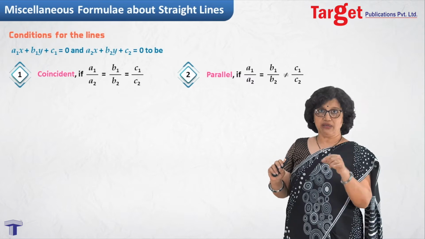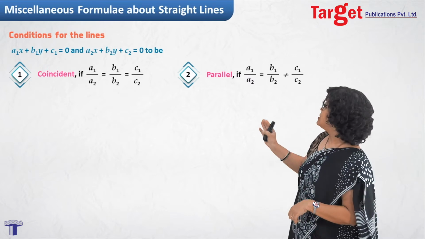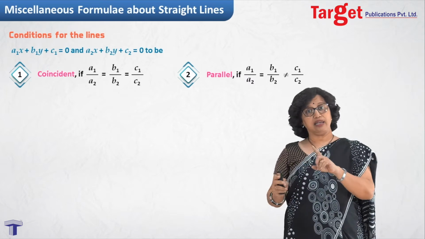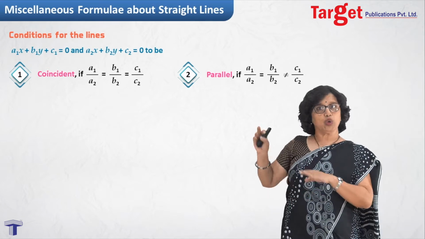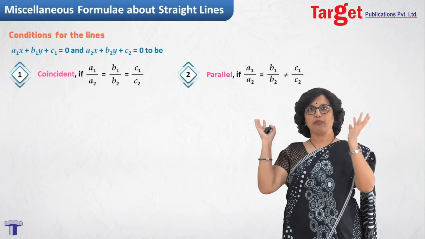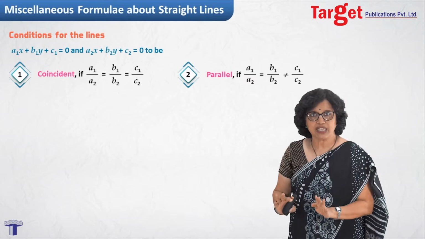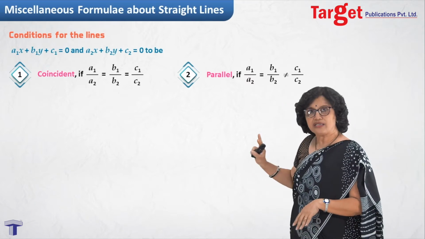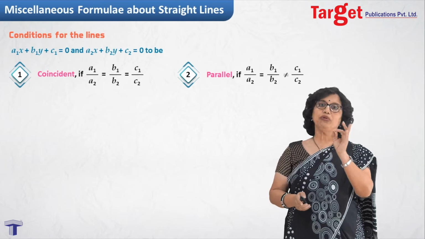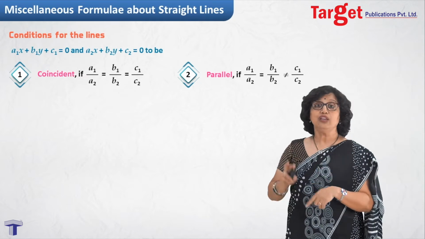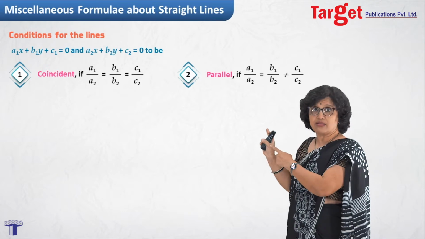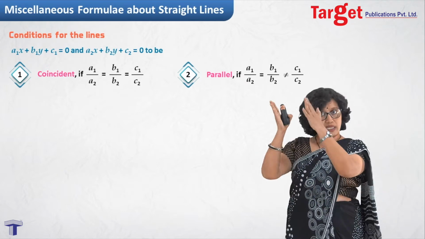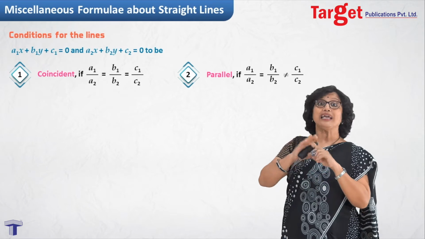Minus A1 upon B1 is the slope of the first line. Minus A2 upon B2 would be the slope of the second line. And you are saying they are equal. Means what? You are talking about parallel lines. So it is not something which has come out of the blue. You can always give an explanation to it: two lines are parallel if A1 upon A2 equal to B1 upon B2. And then I say not equal to C1 upon C2. When I write parallel lines in such a way, that means two lines parallel and not intersecting one.